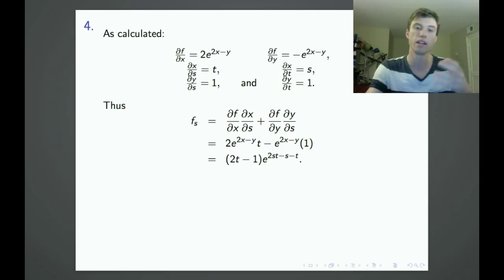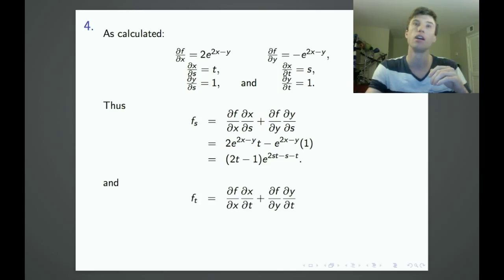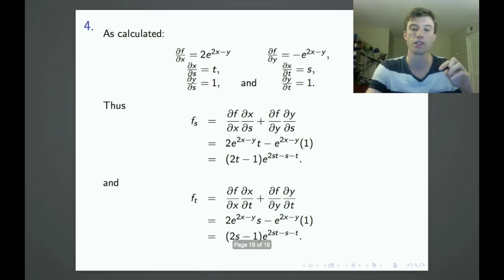Alright, for the second partial derivative, we have our second expression, and we calculate this partial derivative similarly by plugging in the appropriate partial derivatives. Again, we will need to plug in for x and y with the appropriate functions of s and t. After doing so, we come up with a partial derivative (2s minus 1) e to the 2st negative s negative